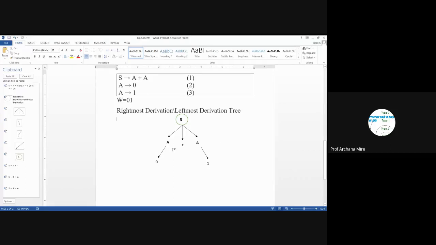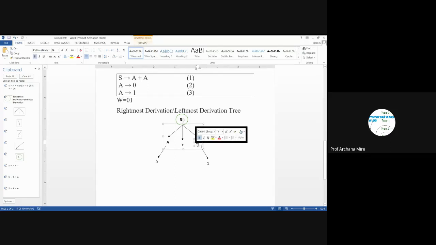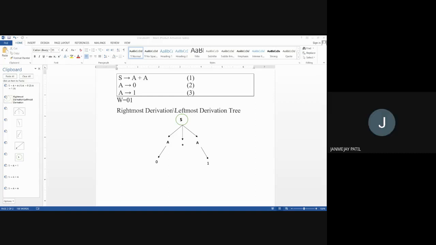Now rather than replacing first this left non-terminal symbol, if we had replaced this rightmost non-terminal symbol with 1 and then this A with 0, then also we would get the same derivation tree. That's why our grammar is unambiguous. Any doubt here? For unambiguity, I think there should not be any doubt, since we are not able to identify any more leftmost or rightmost derivations or any more derivation trees. Any doubt? Please reply. Yes? No, ma'am. No. Okay.